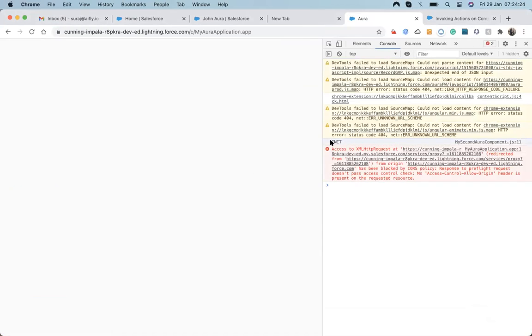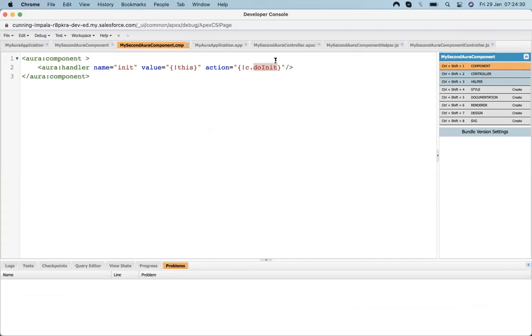Whenever the component loads, it shows init over here. It means that whenever the component loads, it executes this method. So whenever the component loads, if we want to execute any method, we just use the init handler, and it executes whatever is present in this init.